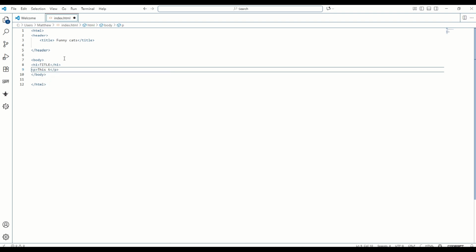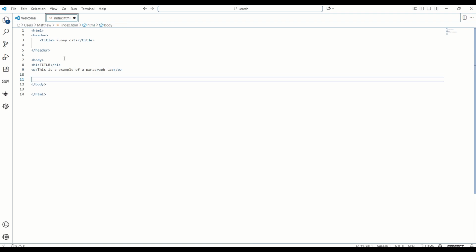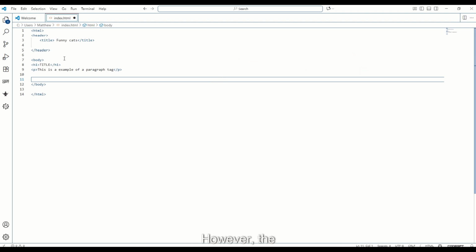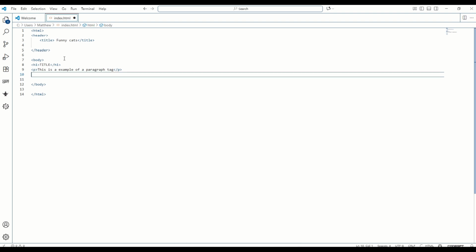This is an example of a paragraph tag. Okay, so there's our basic content. Obviously it's not taking us very long. However, it's not the most exciting. So a common thing you'd want to do is